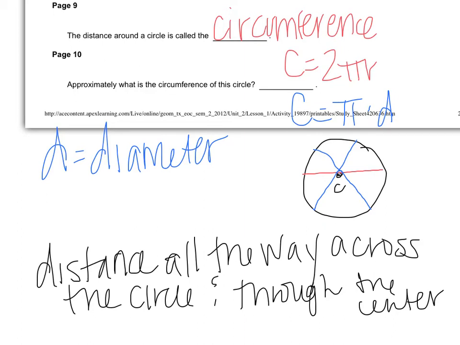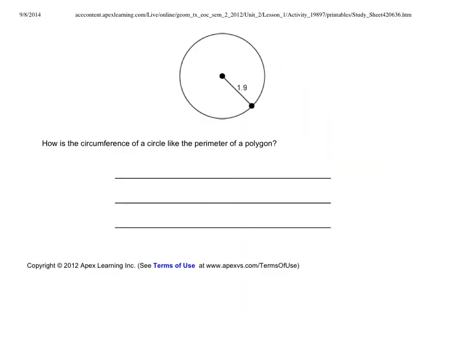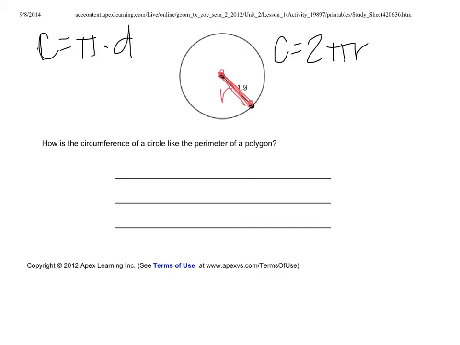All of these represent diameters because they go from one side to the other and they go through the center. So if I were to find the circumference of this circle, I know that for circumference I can either use the formula 2 pi r or pi times diameter. So I'm going to use both of them just for practice. Right now they've given me this part from the middle to the side. That means they've given me the radius. So I know that my circumference is equal to 2 pi times 1.9. And we would put that in the calculator and it would give us